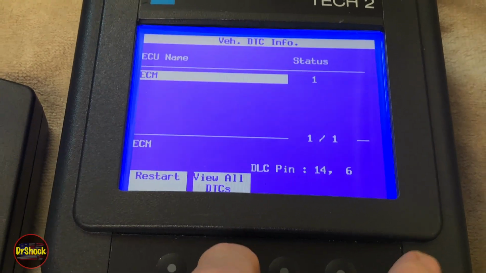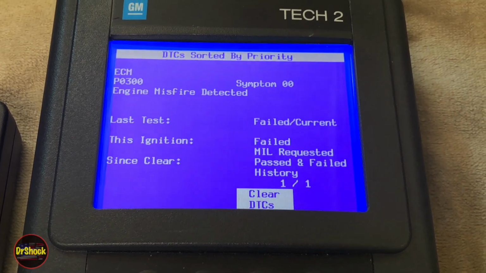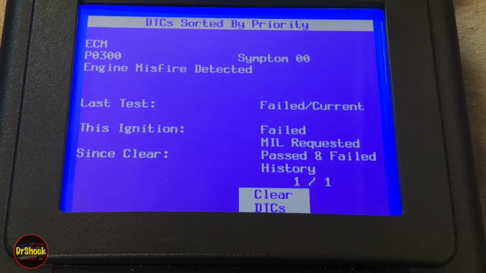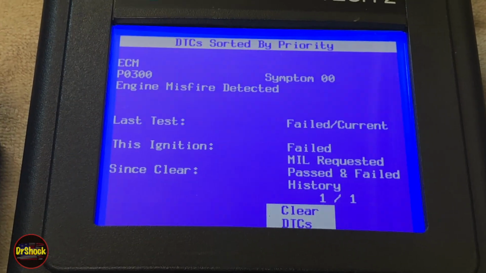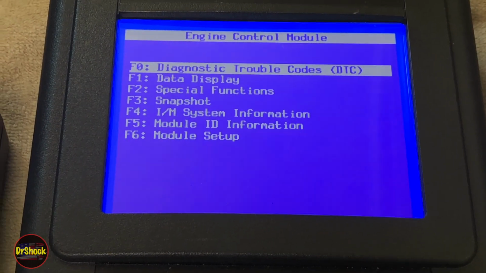Okay, we've got one code. We've got a P0300, just a random engine misfire detected, no other information. So if we want to diagnose this, it could be a lot of different things. And rather than just diving into the diagnostic tree and the service manual, let's just see if we can get